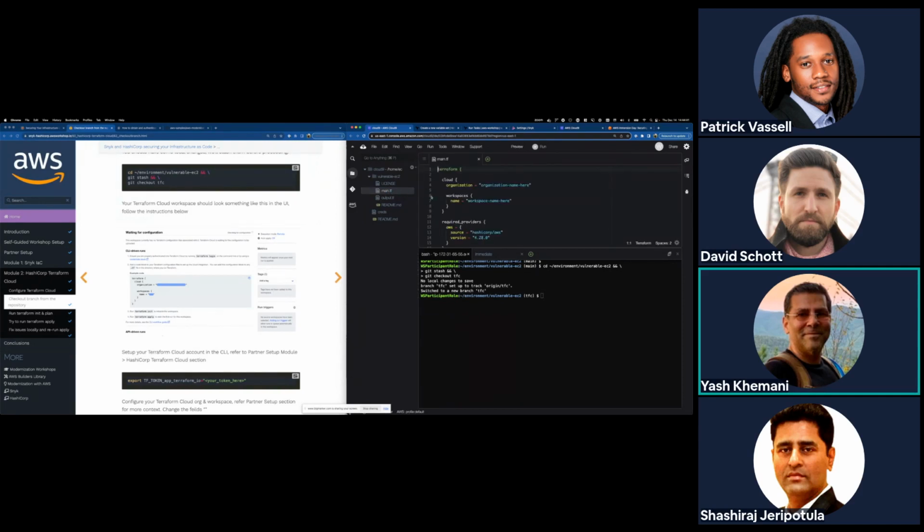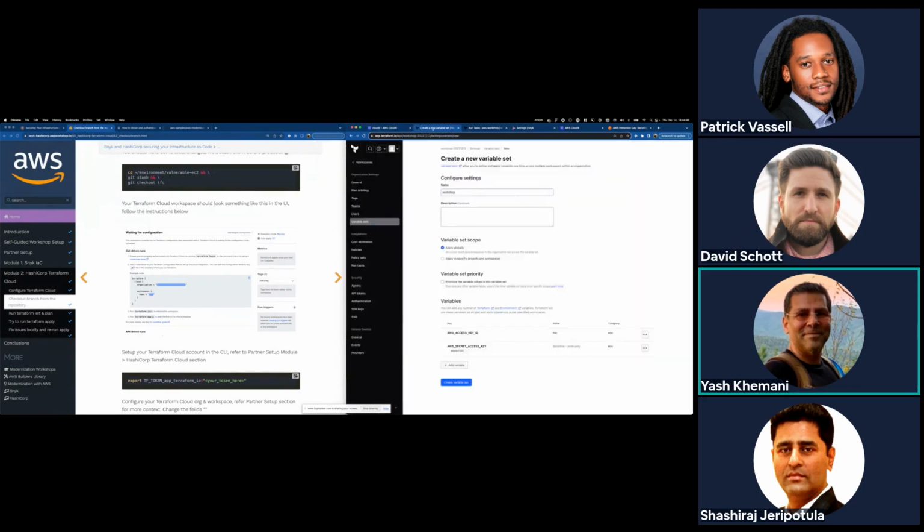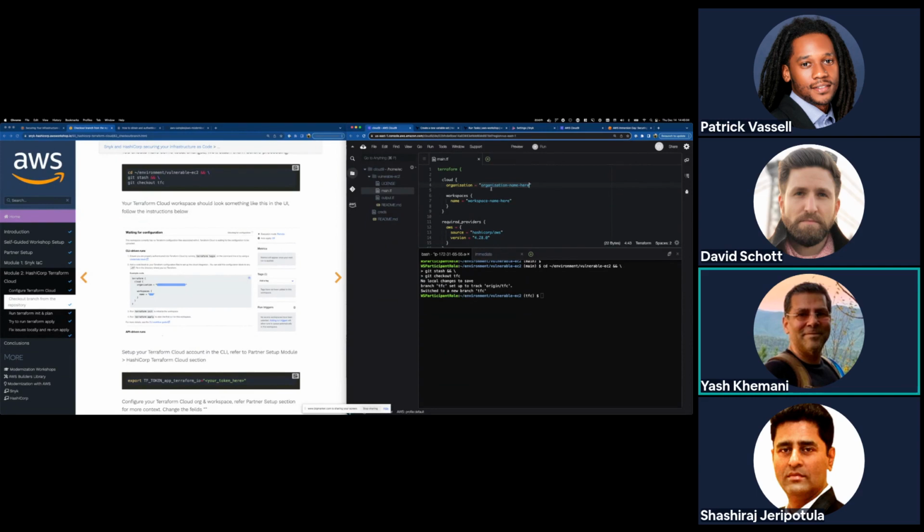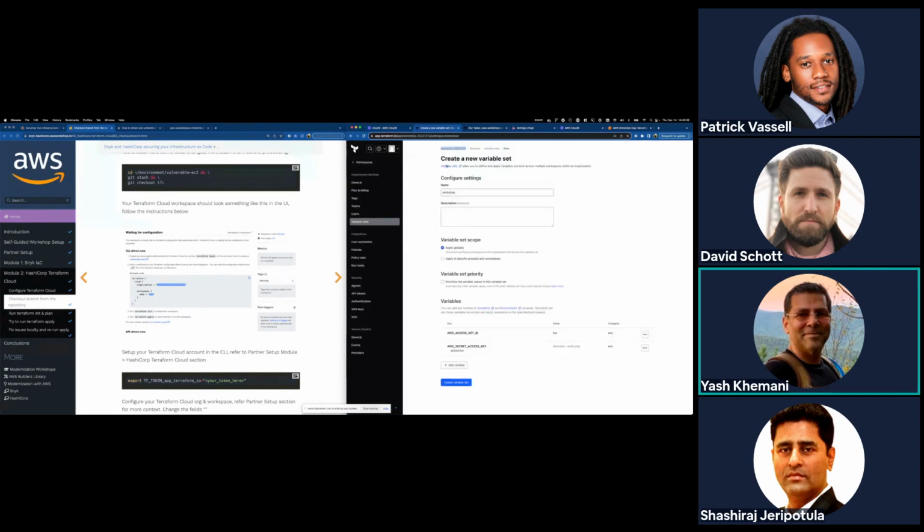So if I open up my main.tf, I want to put the name of my organization here. So let me pop back to my Terraform Cloud UI, and I can grab that at this breadcrumb right here. It will tell us the name of the organization, which in my case is workshop-2023-1213. So let me go ahead and pop that in. And then let me come back here and also grab the name of my workspace, which I can get if I go back to my workspaces.